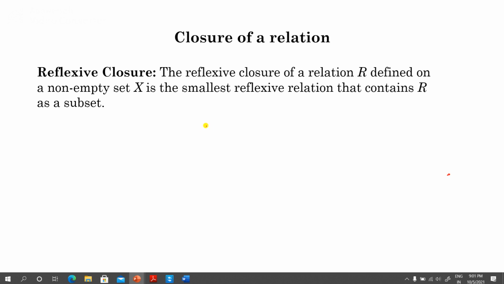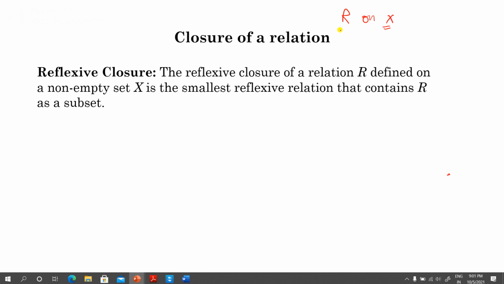Now, closure of a relation. First I will define what is a closure of a relation. Suppose a relation R is given on a set X. Now it may be possible that R is a particular type of relation, for example, reflexive, symmetric or transitive. But it is not necessary that it is. So if it is not the particular type of relation, suppose it is not reflexive, not symmetric, not transitive,